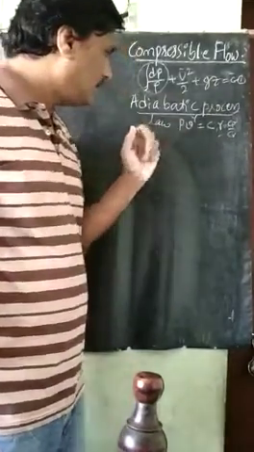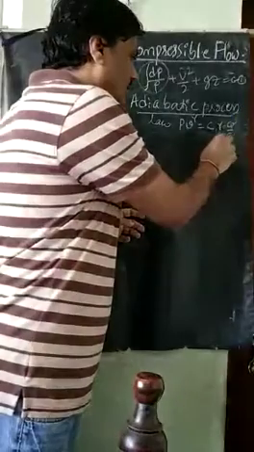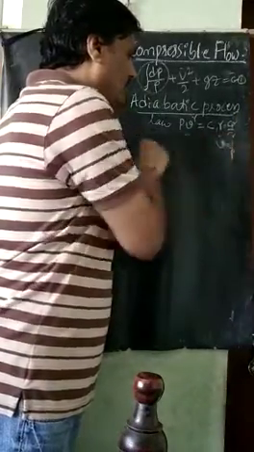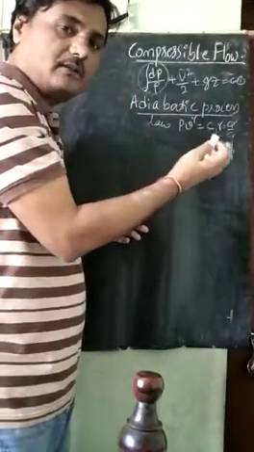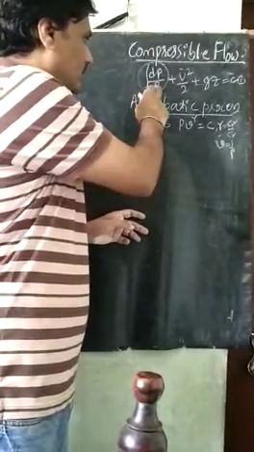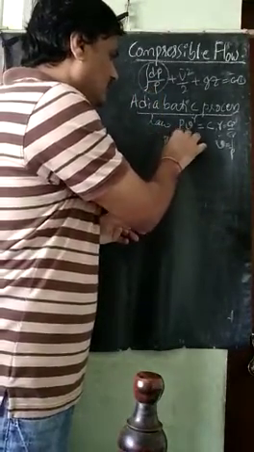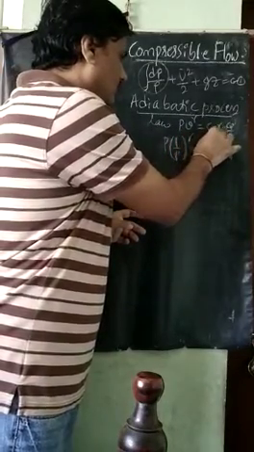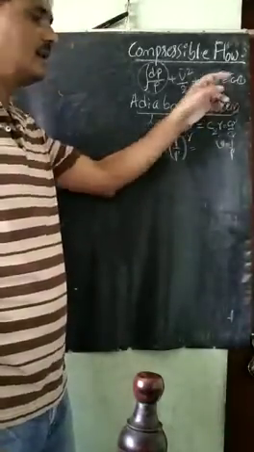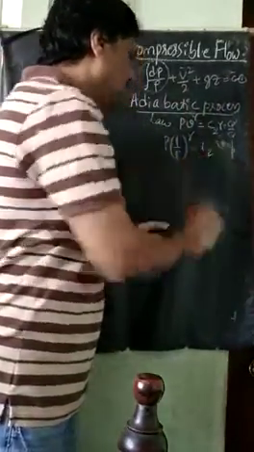Now I will make some simplification. As we know, specific volume is equal to 1 by rho. I will replace this V in terms of density, because we have to study the variation of the density. So P times (1 by rho) raised to gamma is equal to C2. I am calling it C2 because C1 is for isothermal, so I am taking C2 here.